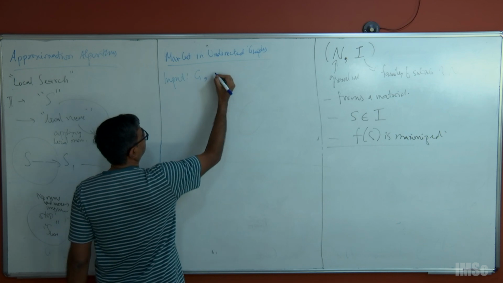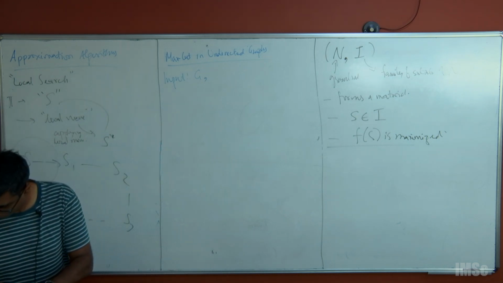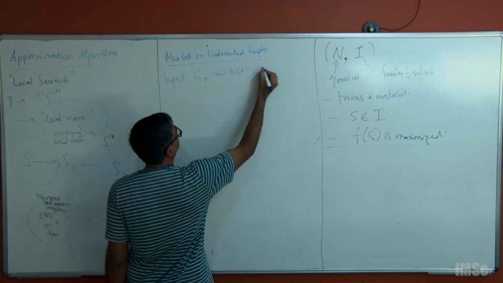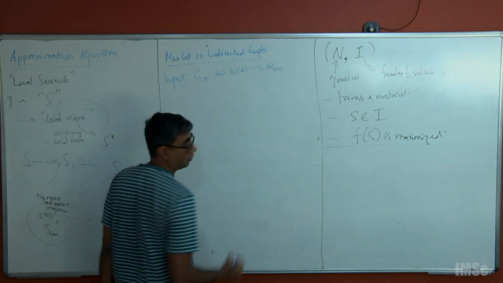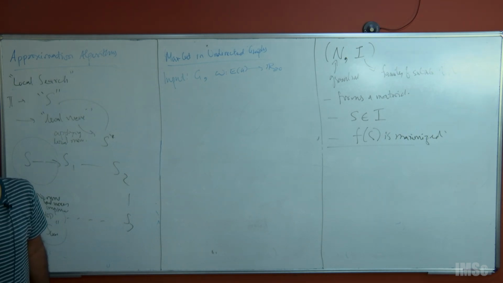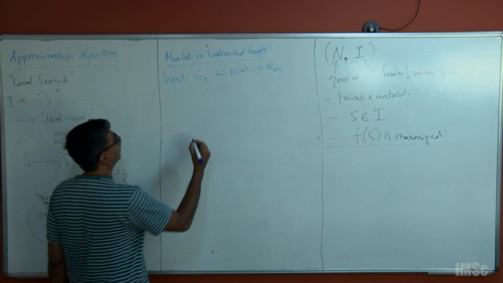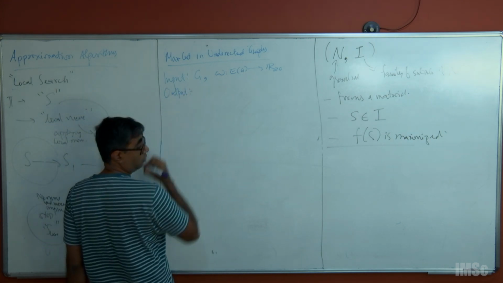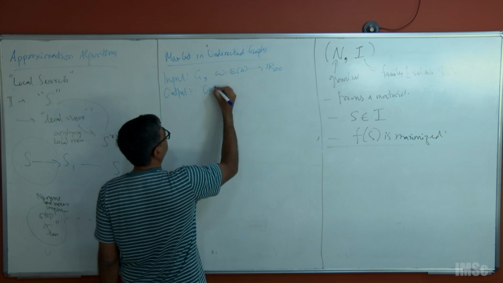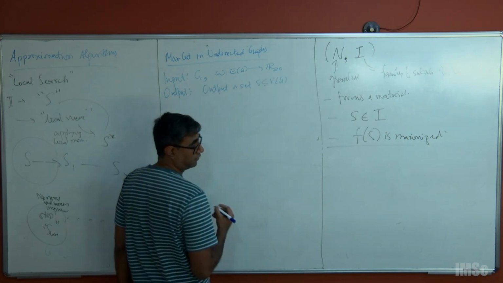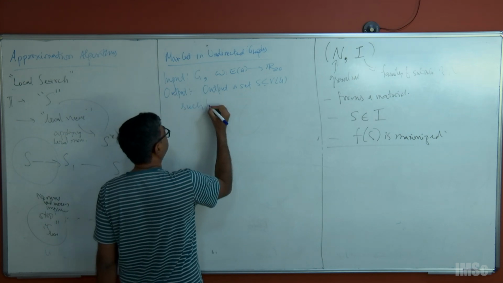A graph G, and there is a weight function from E to R positive. This is the input, and what do I have to output? What is my goal? Output a set S subset of V(G) such that